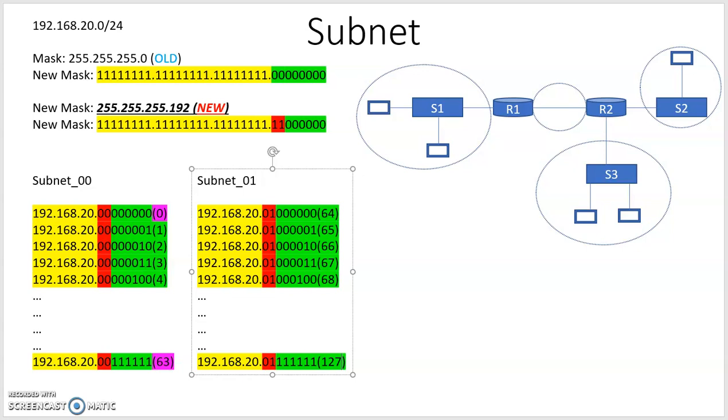And the last one in this range is 127. So the usable IP addresses start from 65 up to 126. The first one, this 64, is the network address for subnet 01, and 127 is the broadcast address for subnet 01. So I hope it's clear how we create the subnets. So likewise,